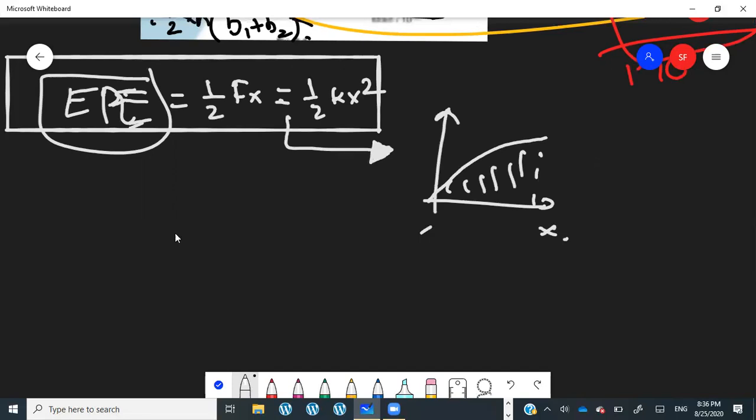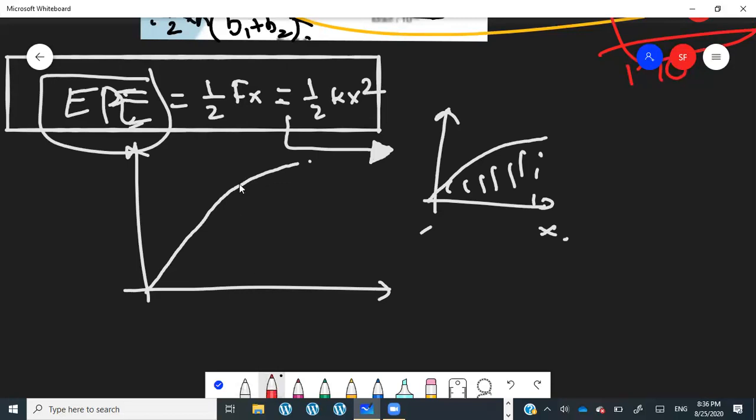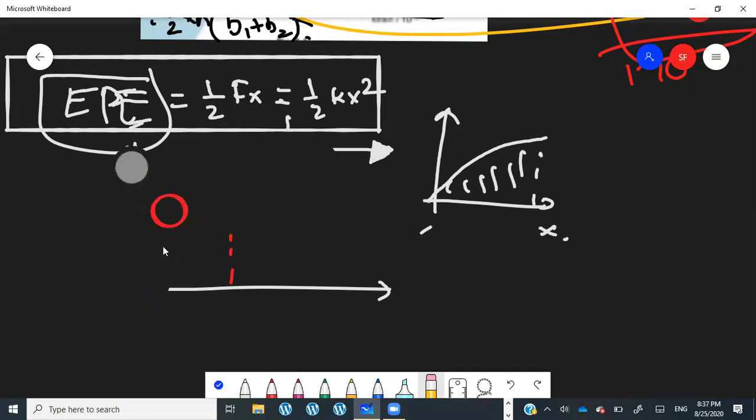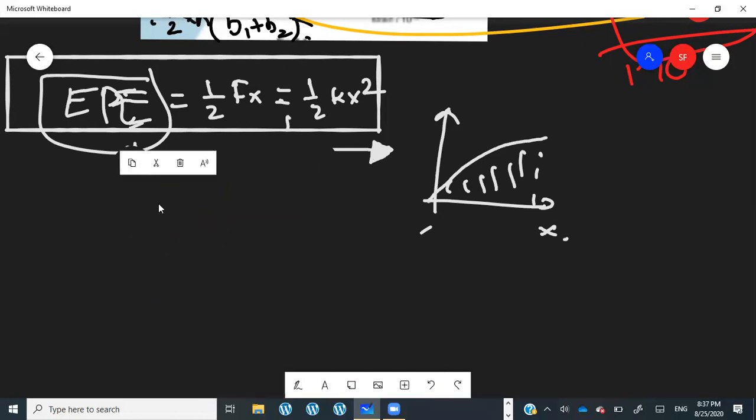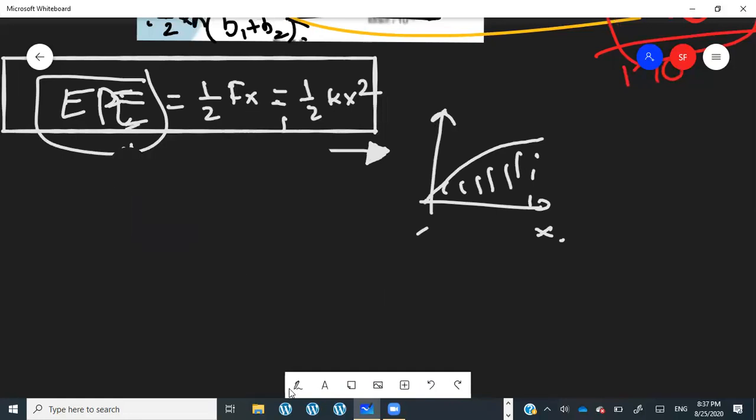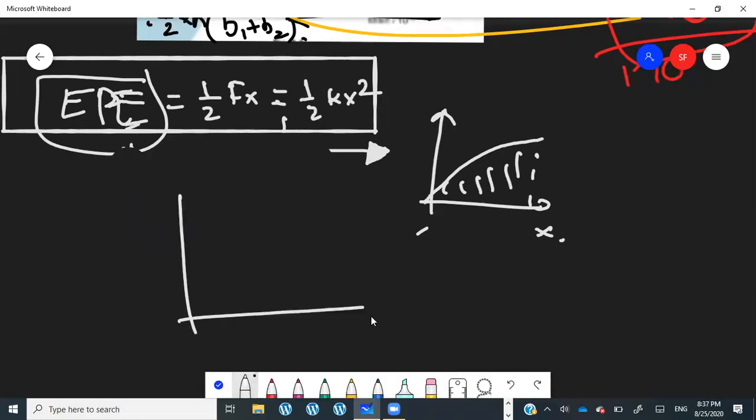Now, in addition to this, there's one last property of the graph that is left, and that is the slope of the graph. What does the slope of the graph represent? Any idea? Young's modulus. I'm asking about the slope of the force against extension graph, not the stress against strain graph. Young's modulus, well, that's true only for the stress strain graph, not for the force extension graph. What about the force extension graph? What do you think the slope of this graph represents?